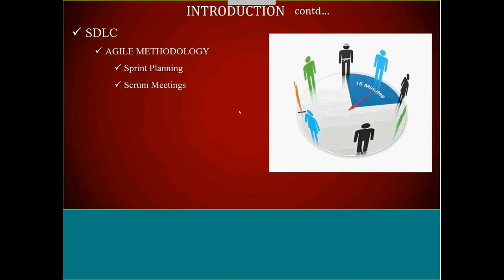So what do they discuss in this 15 minutes? Each member, say developer, tester, PO, Scrum Master, UI, everyone has to tell about 3 points. What are the 3 points? See guys, this is also important what I'm going to tell now. They have to tell what they did yesterday, what they are doing today, and what they will do tomorrow. Okay, this is on a round robin basis. Everyone has to tell what they have done.